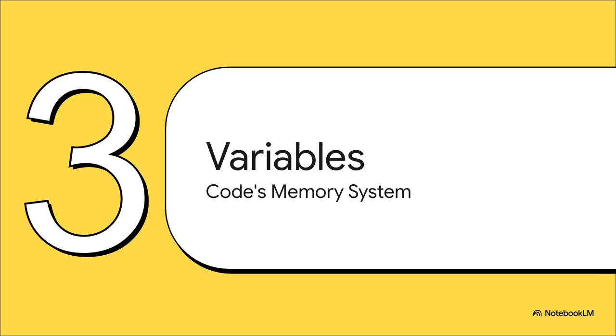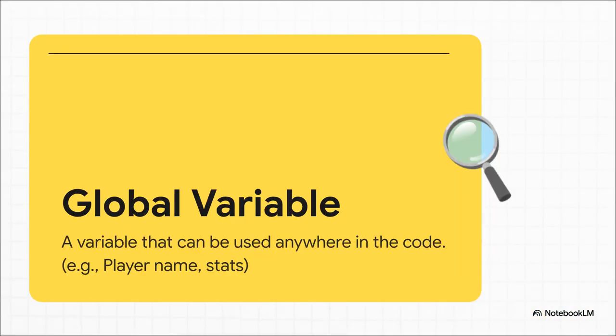They're like little containers for storing all the information that your code needs to remember and use later. First up, we have global variables. Think of these as the game's long-term memory. A player's name, for instance, is needed all over the place, on the main screen, in menus, in chat boxes. By storing it in a global variable, any part of the code, any procedure or function, can look it up